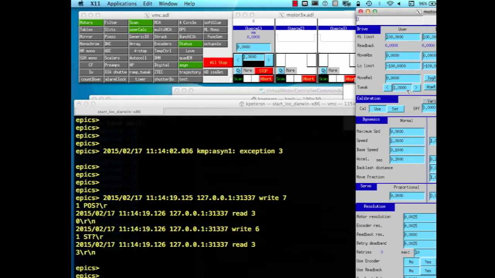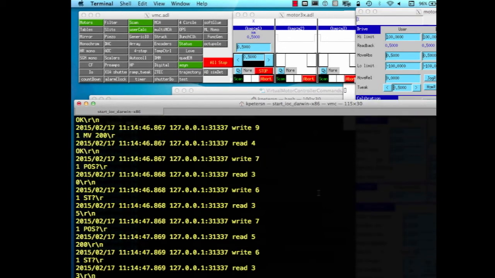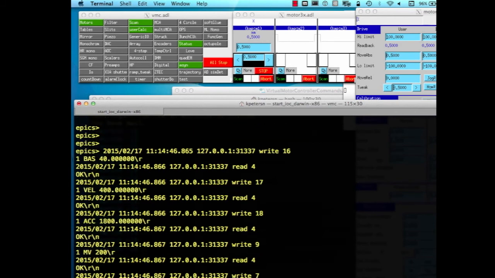When I move the motor, and let's make a small move, you see the base velocity being sent. Let's see, you see the base velocity being sent, and the mouse, I can highlight that here. You see the velocity being sent, you see the acceleration being sent, and the move command, and then position queries. So one interesting thing to note,